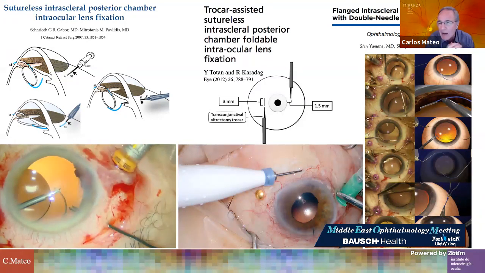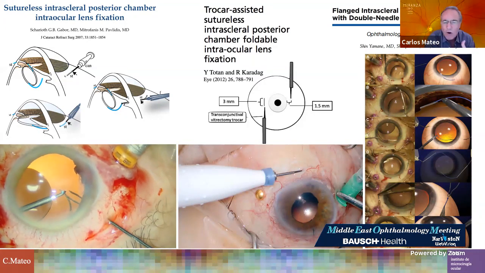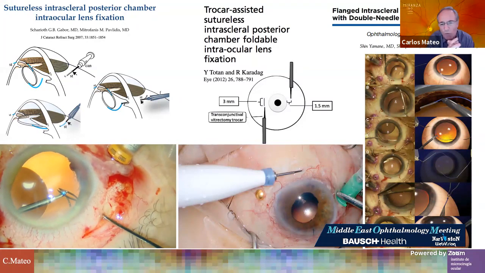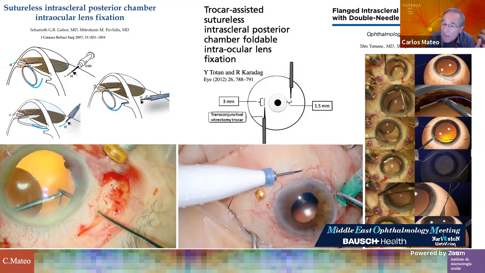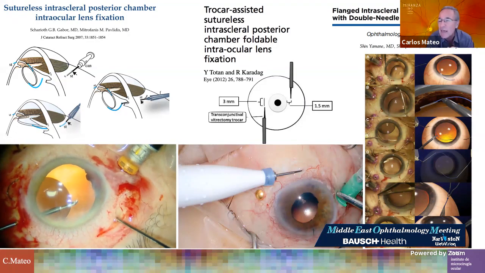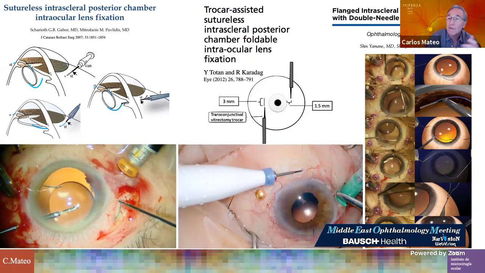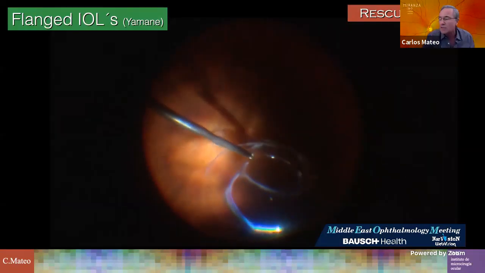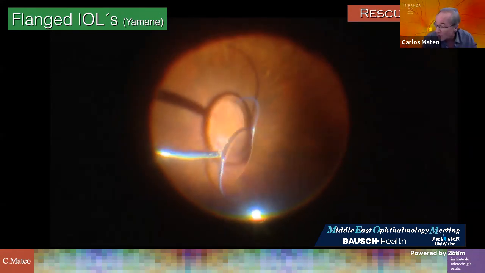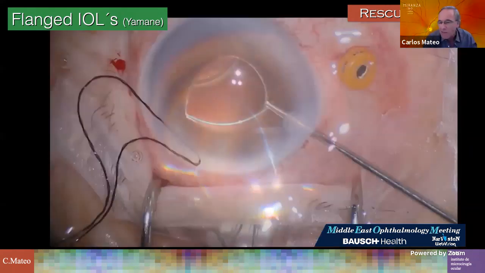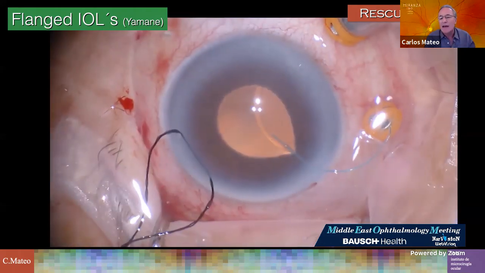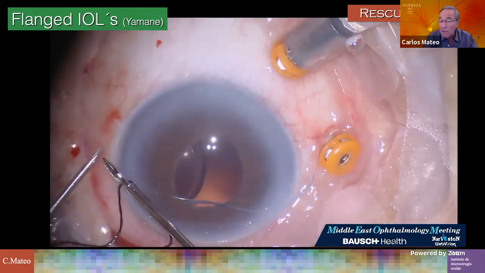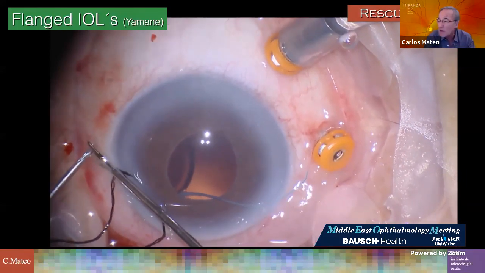Then the Auerbach group rediscovered the technique using glue optics, and I think Auerbach is going to show the technique. After this, total in Canada, we're using 27 cannulas, and at the end, the technique of Shamanic. I use for these three-piece lenses, I recover the lens, I try not to exchange the lens, I clean everything again, and then I use the Yamane technique with, in the beginning, normal syringes, 30